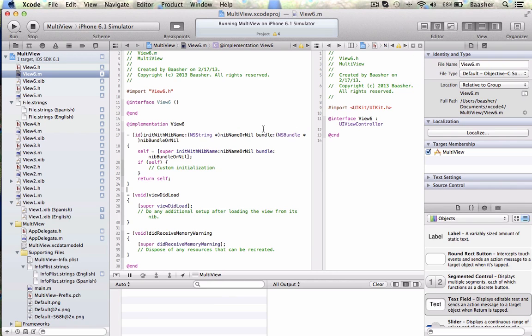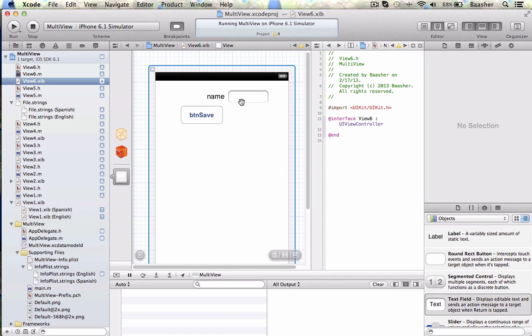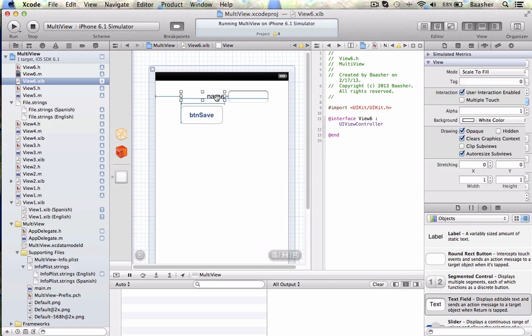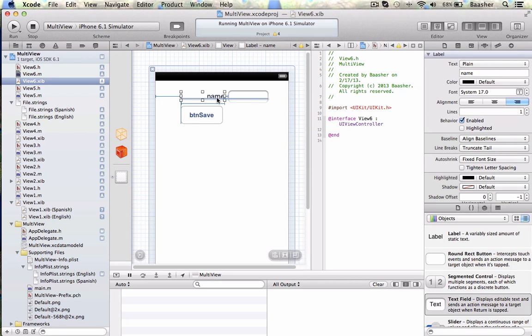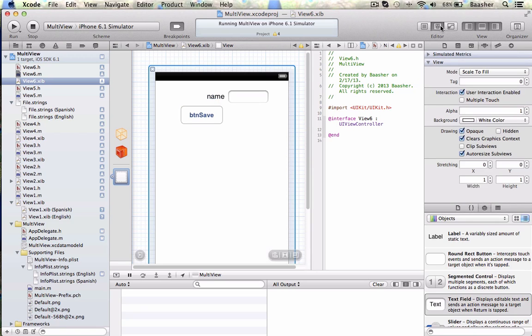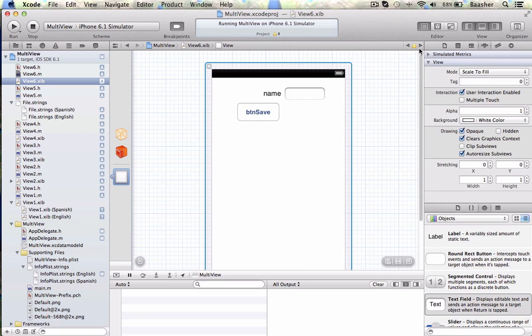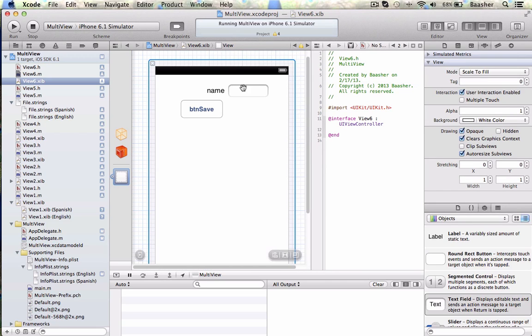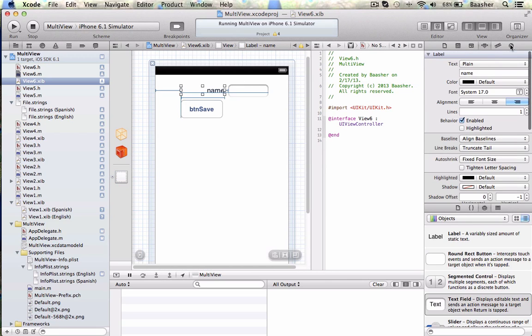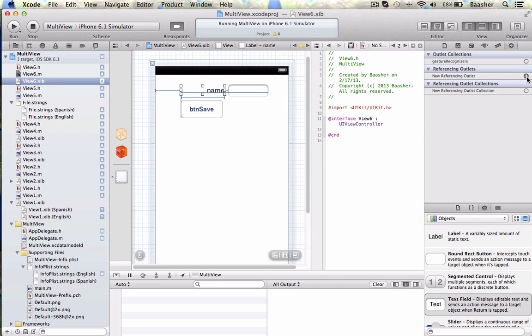Now what we want to do is do a number of things. First of all, in the nib file, I want to create an IB outlet for the text box, for the label, as well as for the button, and also the on-click event for the button. So let's do that. I am going to click here, assistant editor, the right one, click here, new referencing outlet,